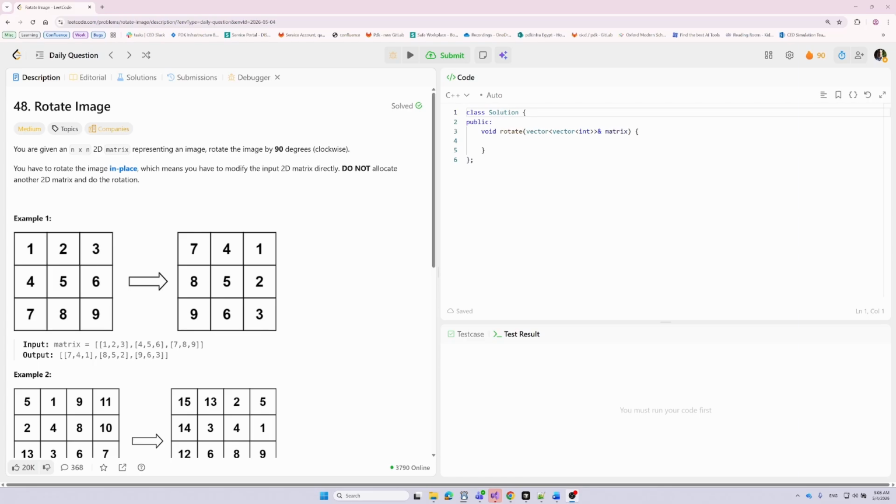So the trick here is that we need to do everything in place, just in 2 steps. First, transpose the matrix, then reverse each row. If you still didn't get it, let's first define what transpose means. Transpose means convert rows into columns. So, for example, if we have this matrix, after transposing this matrix, it will look like